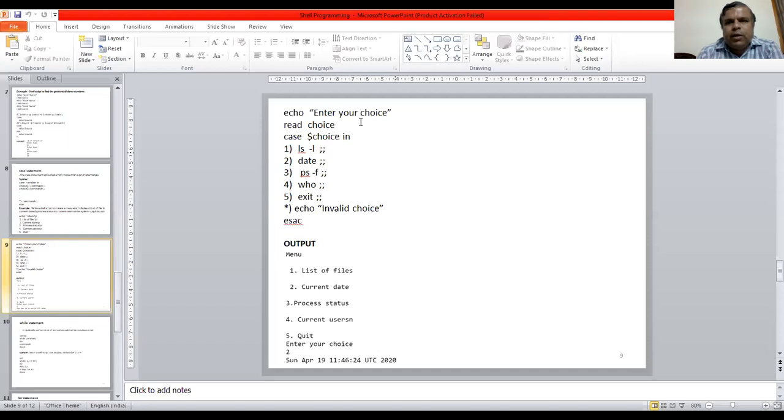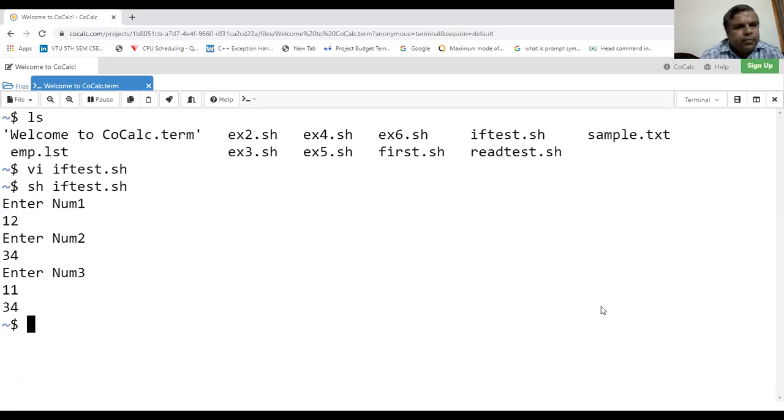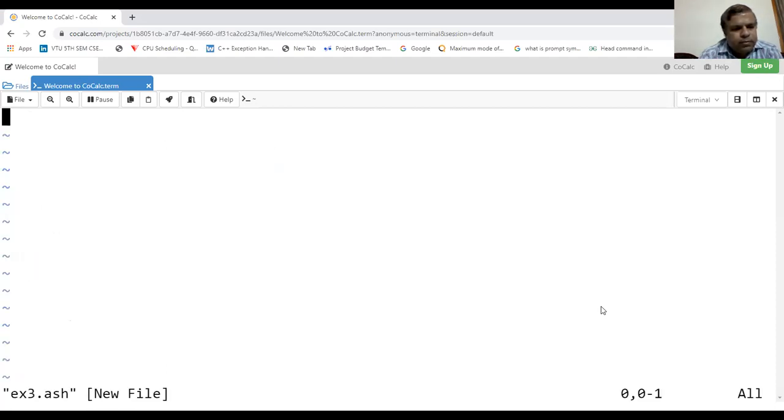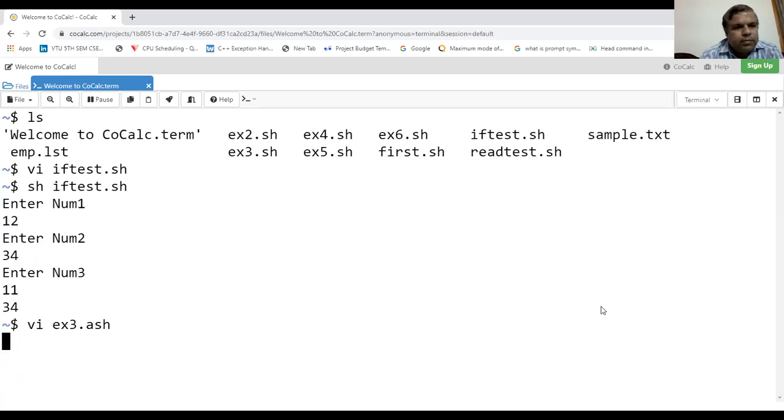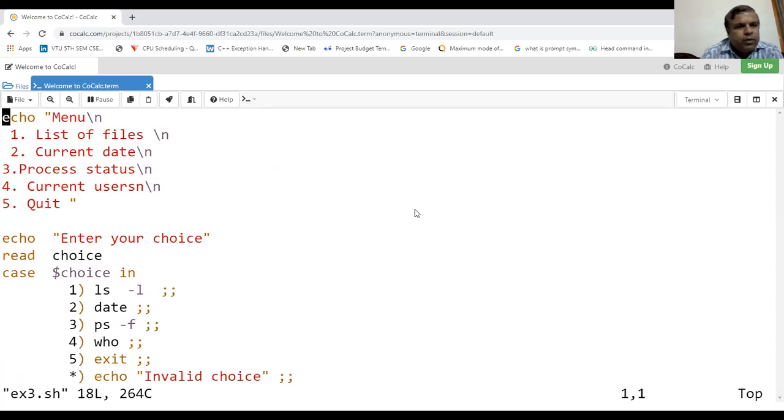Let me try this on the online Linux terminal. Yeah, so the file name is ext.sh.